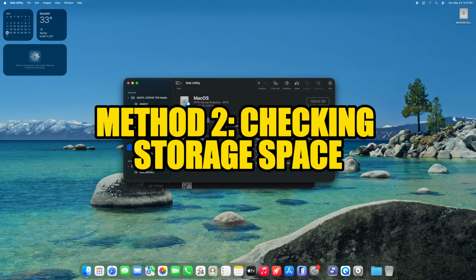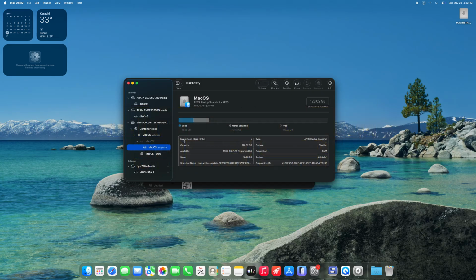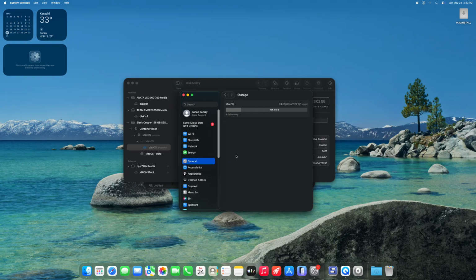Another useful thing to check is available storage space. A nearly full drive can sometimes behave like a failing drive. Click the Apple logo at the top left, choose System Settings, then go to General and Storage. If your storage is almost full, remove large, unused files, empty the bin, or move files to an external drive